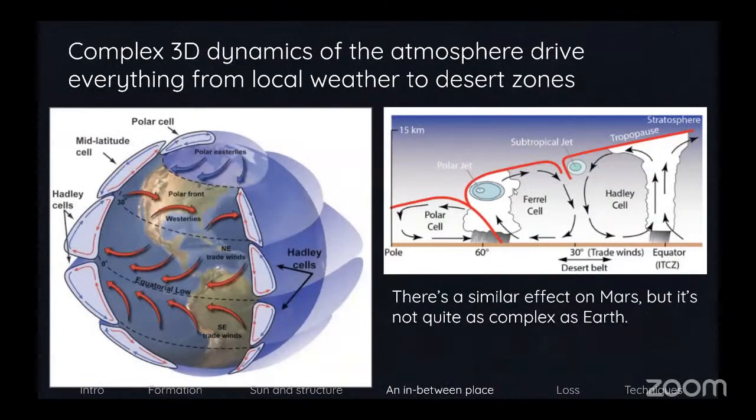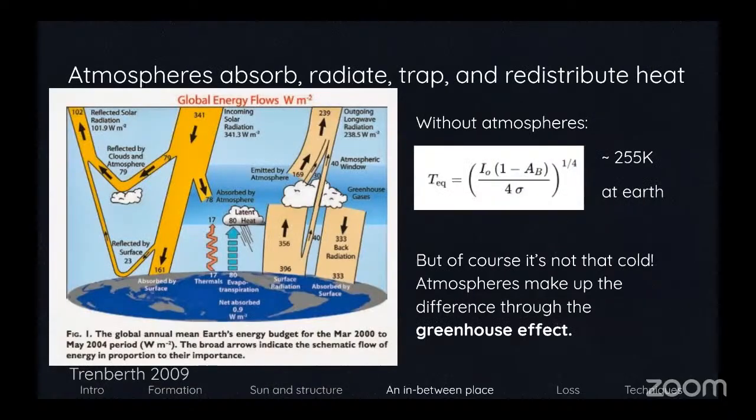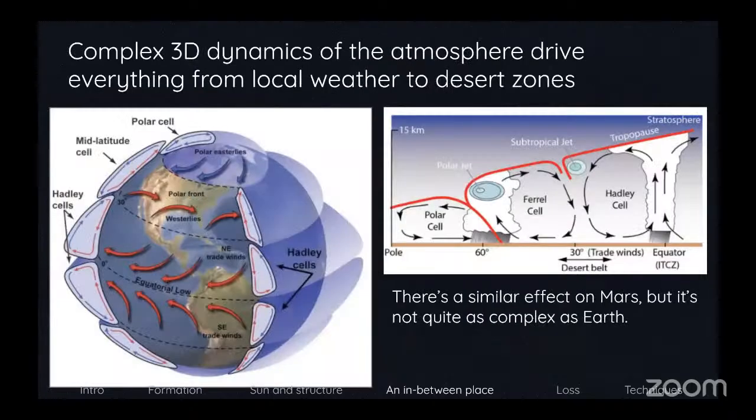So on planets, I've been talking about them so far in terms of 1D, like this is a sort of 1D type of plot. And my research, like I showed earlier with the Venus plot, is very 1D as well. But planets are 3D creatures, so there's a lot of complicated stuff going on. This is an example of how the larger scale climate circulation works on Earth.